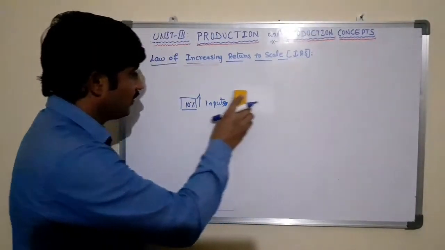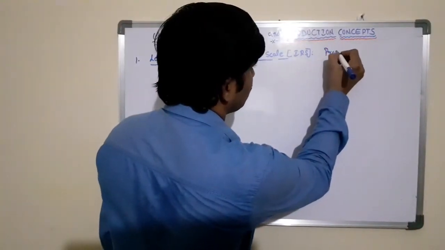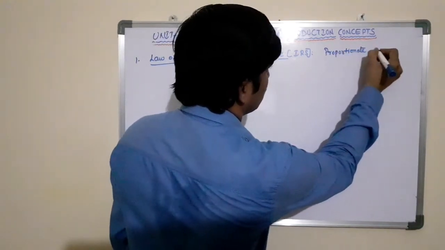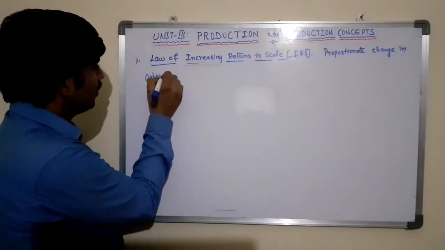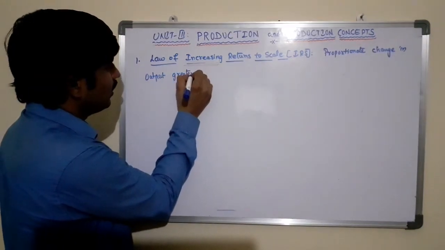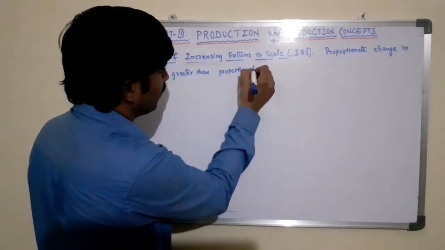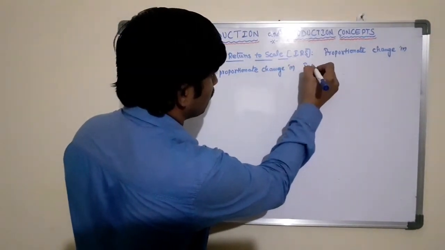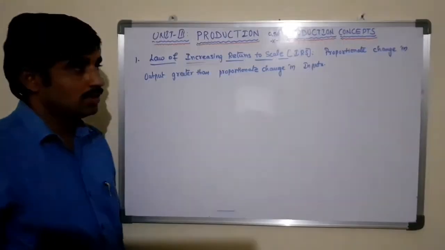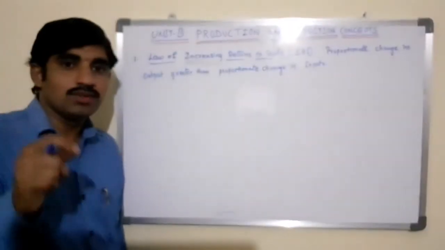We can define the law of increasing returns to scale as proportionate change in output greater than proportionate change in inputs. The rate of responsiveness of change in output is more for a given change in